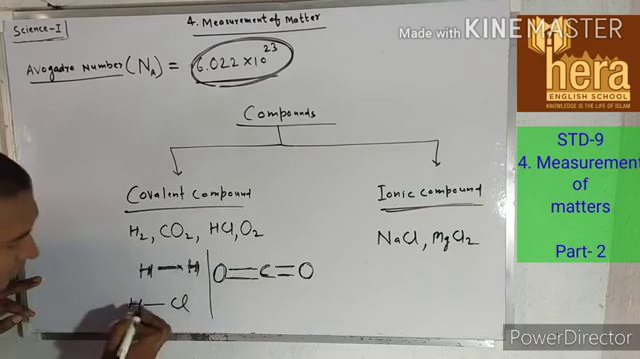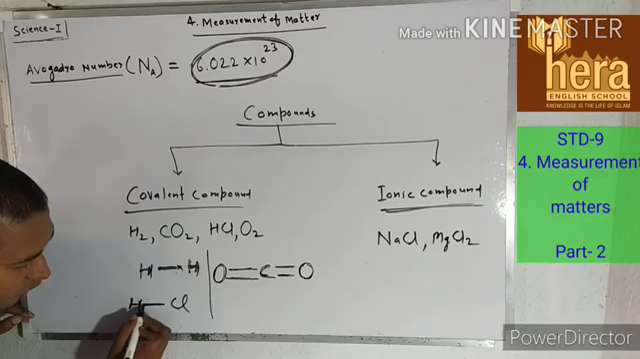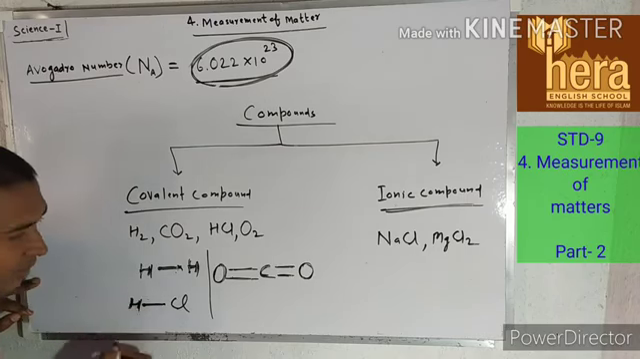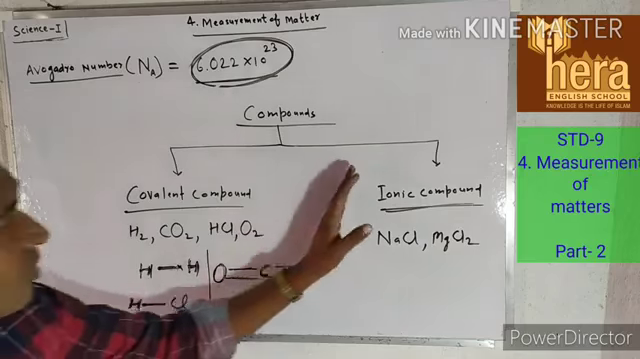HCl. So again, there is one electron for this hydrogen and one electron for this chlorine. So the valency of the hydrogen atom will be 1 and the valency of the chlorine atom will be 1 again. Okay, but in case of ionic compound,